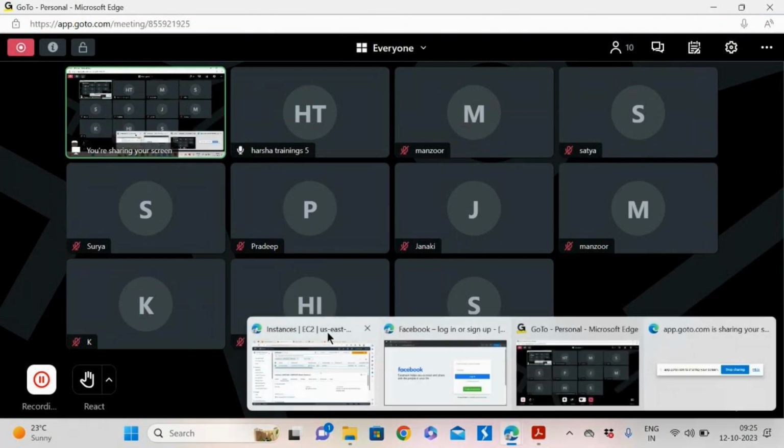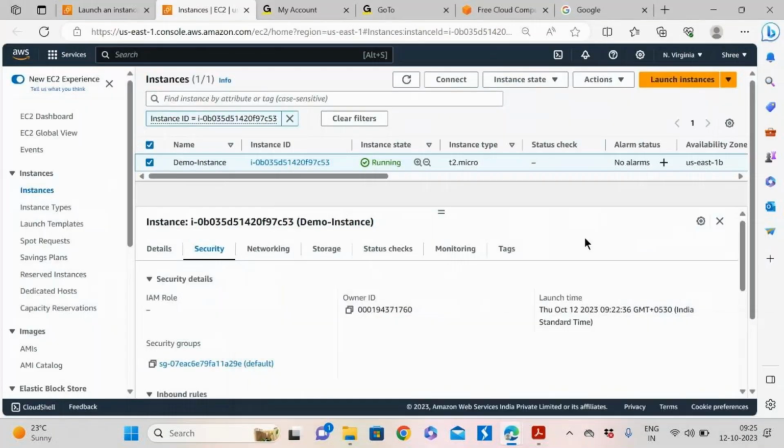So for example, say n number of servers are there and we want to install a few packages, let's consider a web server only. Going manually to each and every server and installing that is going to be a big headache. So user data helps us to fulfill that requirement.